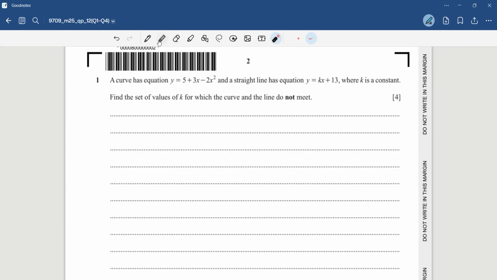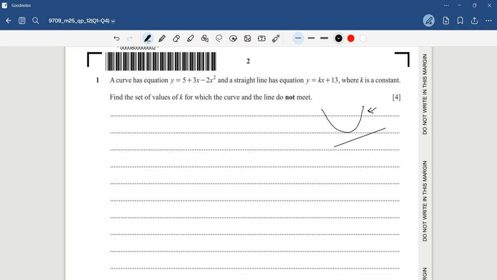Okay, the first question. The question mentions that the curve y equals 5 plus 3x minus 2x squared and the line y equals kx plus 13 do not meet. We need to find the value of k. If they say the curve and the line do not meet,